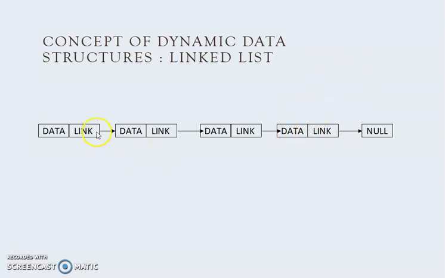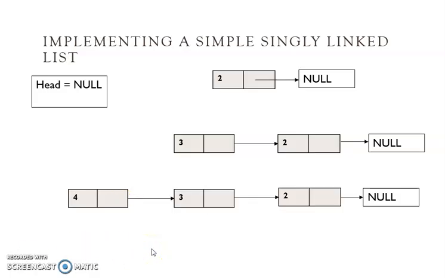Now this is an example of a singly linked list, because here only forward pointers are kept. From one node you can traverse to the second, then to the third, and so on. Going back is possible using a doubly linked list, which keeps track of two pointers: one for the next item and the other for the previous item. So its implementation becomes a little more complex because it keeps two pointers at a time. In a singly linked list there is only one pointer, keeping track of the next nodes.